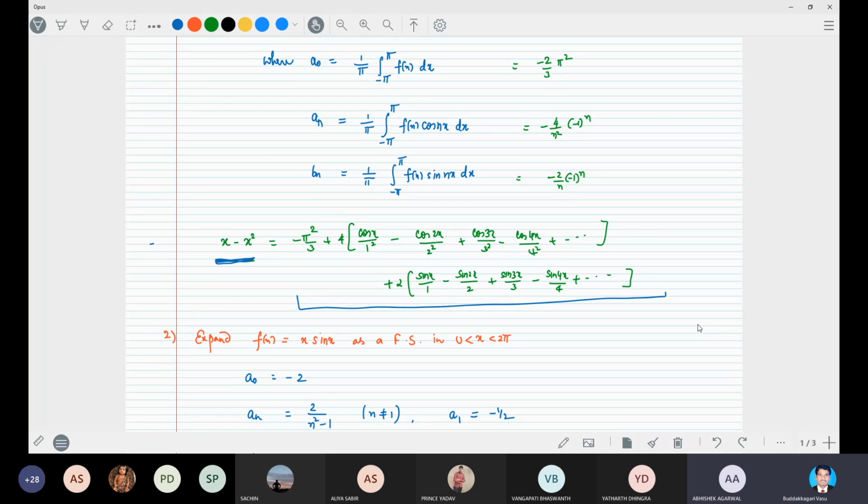Yes, sir. So that's why people must understand that RHS cannot be equal to 100% with the LHS value. It is just an expansion, so that's why it is also called the approximation. It tends to this. It tends to this. Okay.